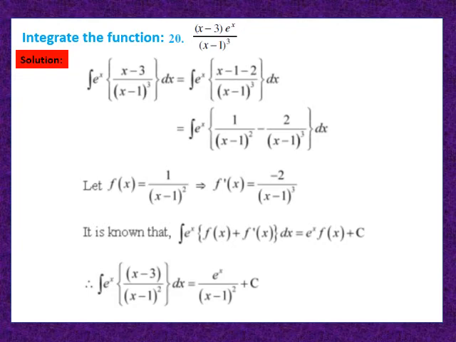So again, if you look closely, we have the function f x equals 1 upon (x minus 1) whole square, whose differential f dash x equals what? Minus 2 upon (x minus 1) whole cube. Clear? So this integral will be in the form of integral e power x (f x plus f dash x) dx, which will be equal to e power x f x plus c. Clear? So therefore the integral e power x (x minus 3) upon (x minus 1) whole cube dx will become e power x upon (x minus 1) whole square plus constant c. So the sum which looks very difficult becomes very easy if you convert it in the form of e power x (f x plus f dash x). Clear? So pause and note down the solution.